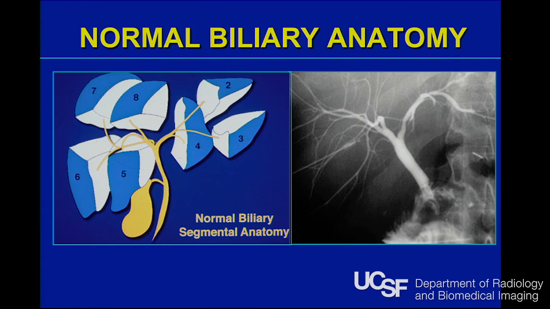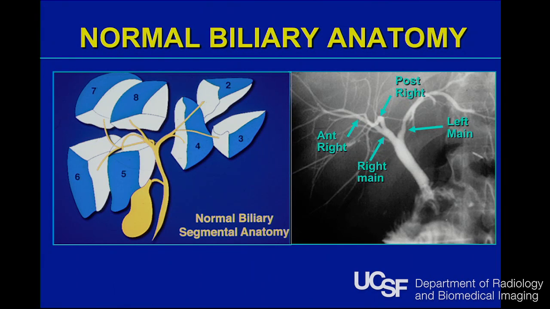As you know, the liver is divided into 8 segments. Segment 1 is the caudate lobe, and then you have 2, 3, and 4 in the left, and 5, 6, 7, 8 in the right lobe. And the drainage of these ducts, as far as the biliary anatomy is concerned, follows the segmental anatomy. And what you have is the common bile duct, and then you have the right main duct and the left main duct that ultimately give segment 2, segment 3, and segment 4 segmental ducts. And then the right duct divides into the anterior and posterior divisions that ultimately give segments 5, 6, 7, and